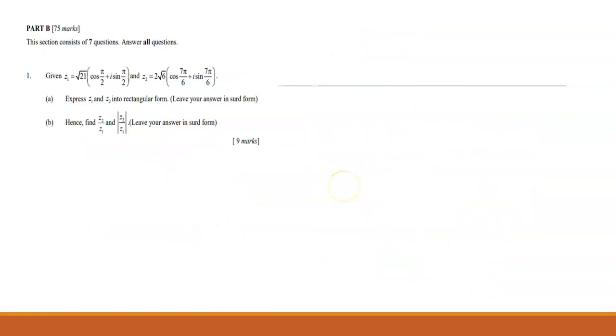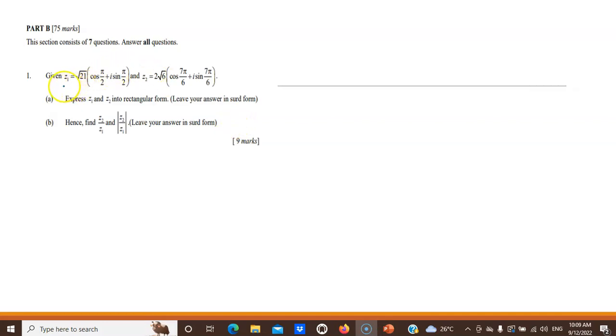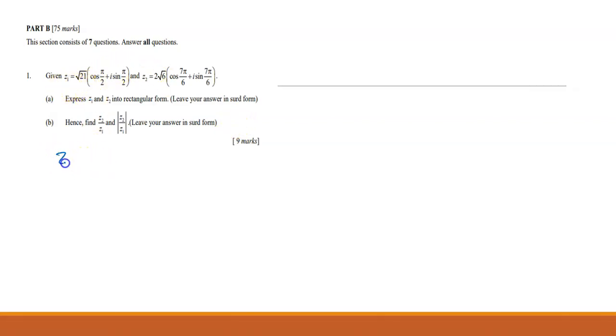Now let's move to part B. Express Z1 and Z2 into rectangular form and leave your answer in surd form. So class, for the first one here, Z1, which is square root of 21 times cos pi over 2 plus i sine pi over 2. Okay class, let's refresh our recall